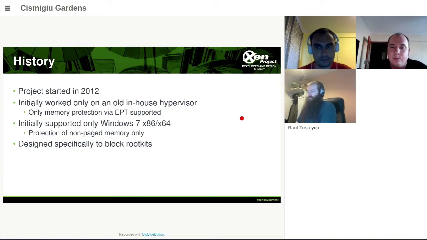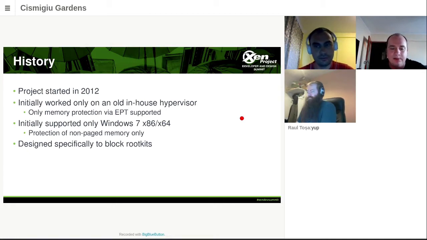The project started internally around 2012. As I said, it was part of an internal hypervisor project. That was, let's say, an educational project initially, but it became something quite serious as time passed. As the engine grew and we saw ways of using it with different hypervisors, we split it into a separate project,